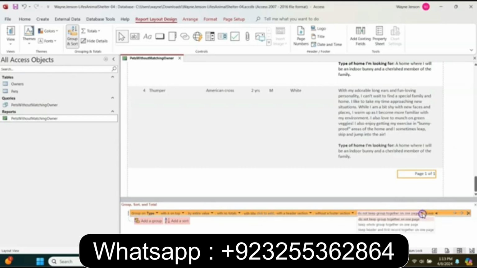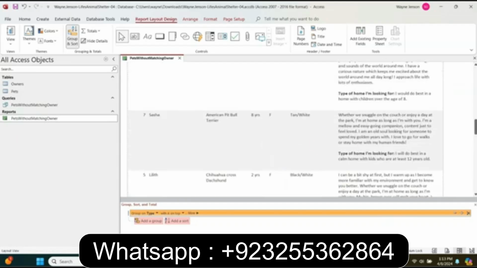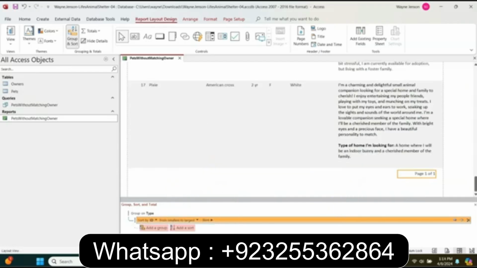So select this, do not keep group together on one page, so we're going to select that, and then keep header and first record together on one page, so we need to click on that more again. Click on the add a sort, and we're going to select the field sort, and then we're going to close that group sort pane,